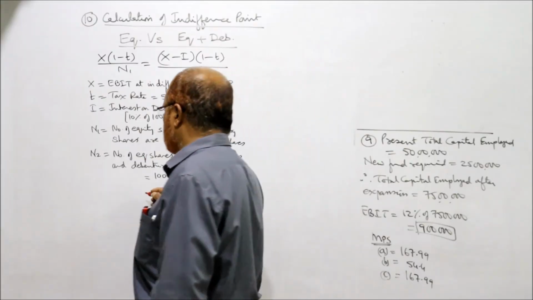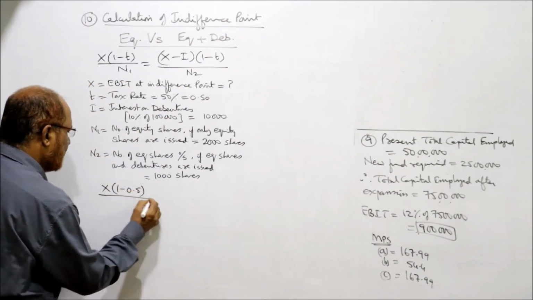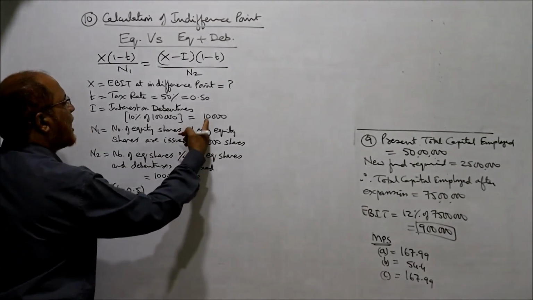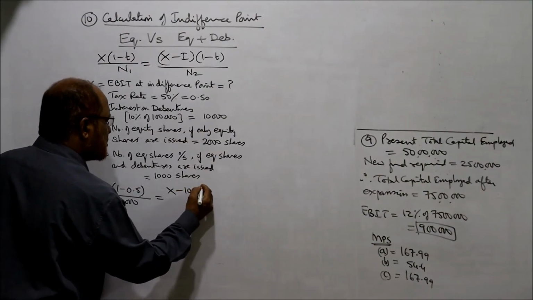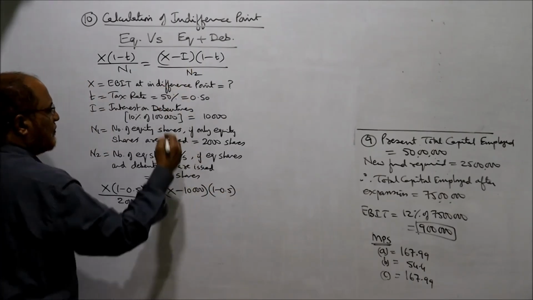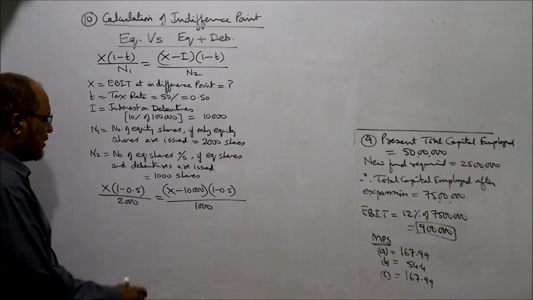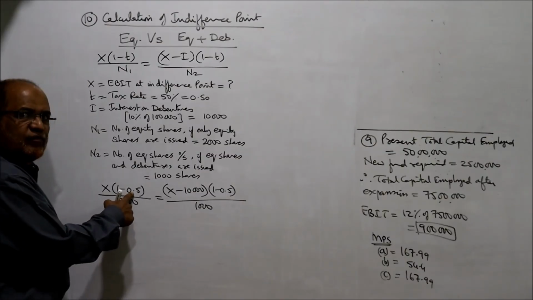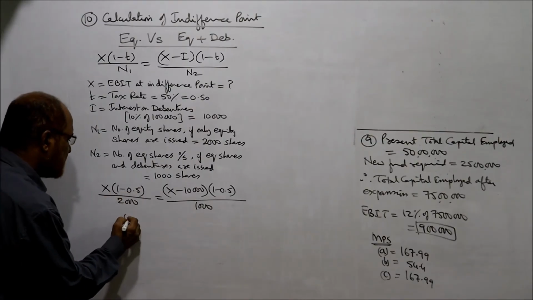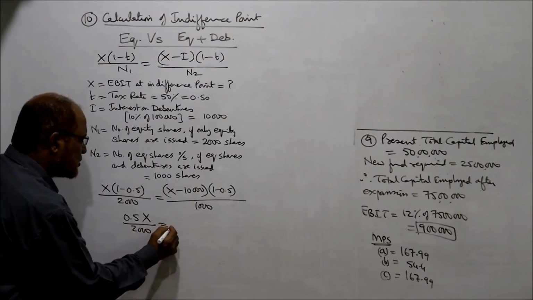Now we substitute in the formula. X into (1 minus 0.5) divided by 2000 is equal to (X minus I), I is 10,000, into (1 minus 0.5), 1 minus t divided by N2. N2 is 1000. Now see here. 1 minus 0.5 is 0.5. 1 में से 0.5 निकाल दे तो 0.5 बचेंगे. 0.5 into X is 0.5X divided by 2000 is equal to